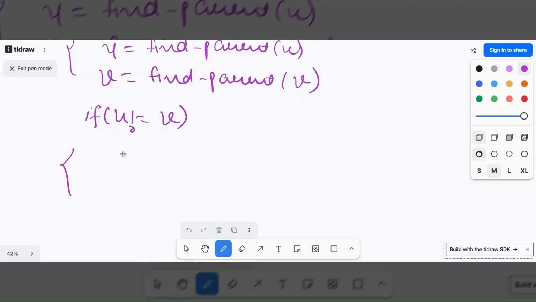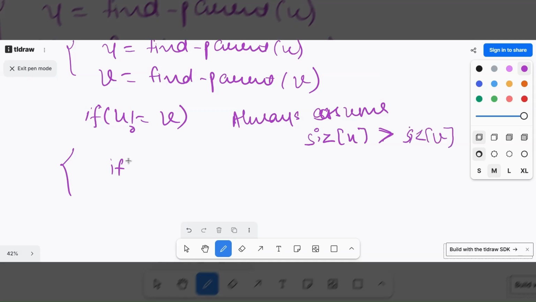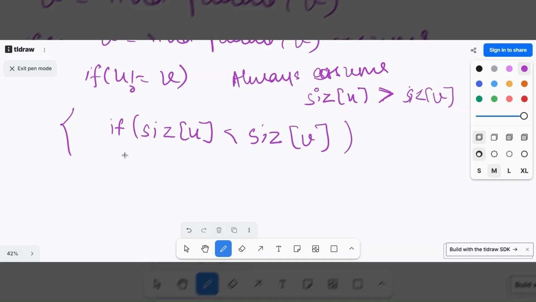So if u is not equal to v, always assume size of u should be greater than size of v. So if size of u is smaller than size of v, then we will swap u and v.